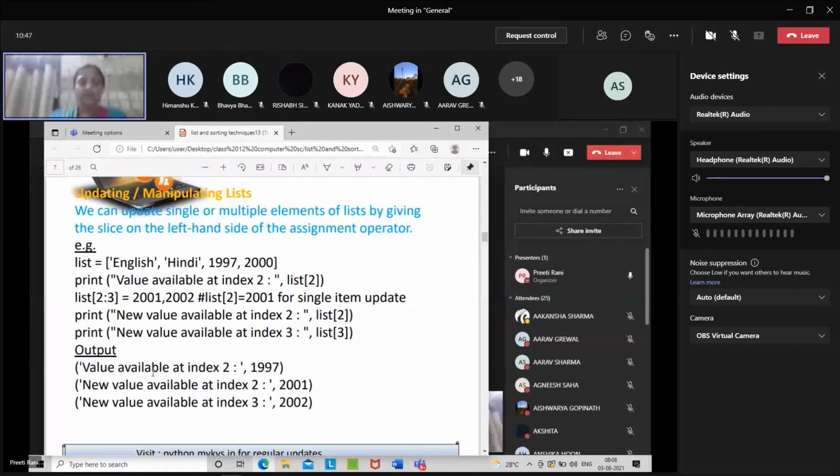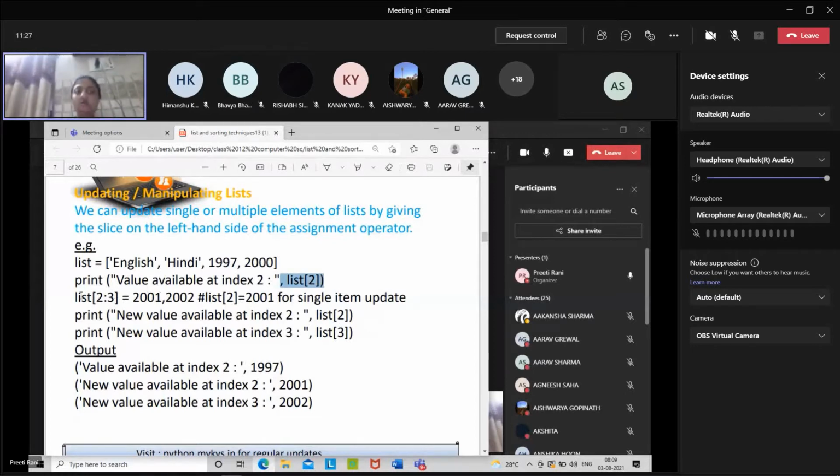See, this is the list here. So we are defining this list as a collection of strings. Is this okay? English and Hindi are strings here, and these are the integer numbers here. Right? After that, it is updating its value. First of all, it is creating that particular list. Then after that, list at 2. What will be the value at 2? Second place? 1997. Right, so it will give the value 1997.